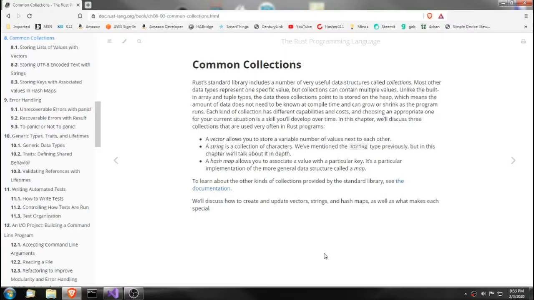Chapter 8: Common Collections. The Rust standard library includes a number of very useful data structures called collections. Most other data types represent one specific value, but collections can contain multiple values. Unlike the built-in array and tuple types, the data these collections point to is stored on the heap, which means the amount of data does not need to be known at compile time and can grow or shrink as the